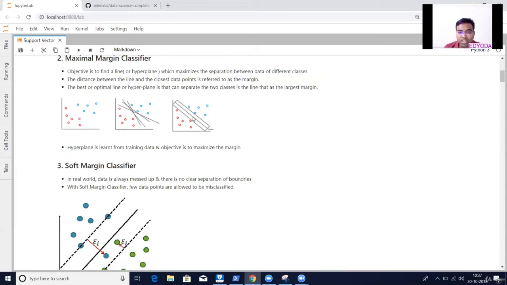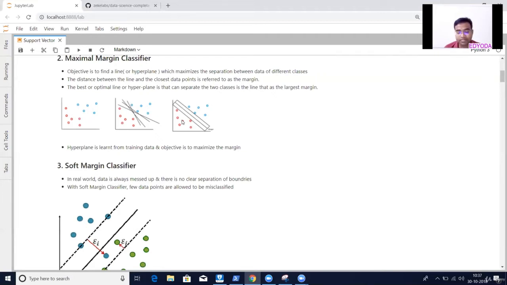The maximal margin classifier uses only the important points, and later on we'll come to know these are the support vectors. So it considers only this point and this point. The fundamental assumption here is that there is no overlap in the data, like there is no blue point which comes here. So it's a little rigid. This is the limitation which we try to overcome, or live with, in our next discussion,